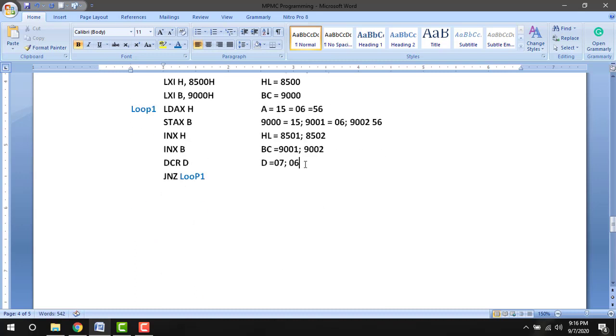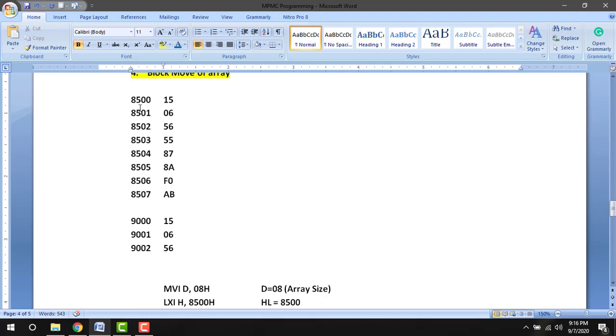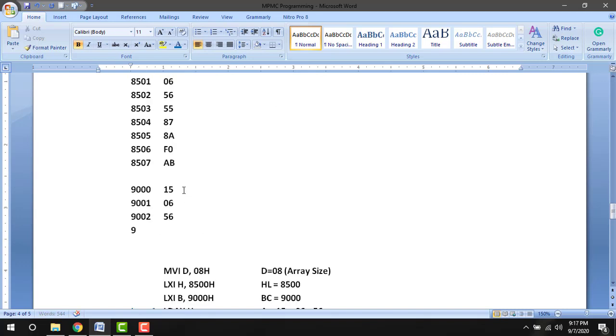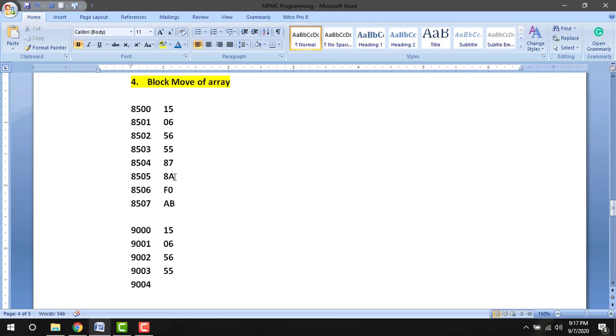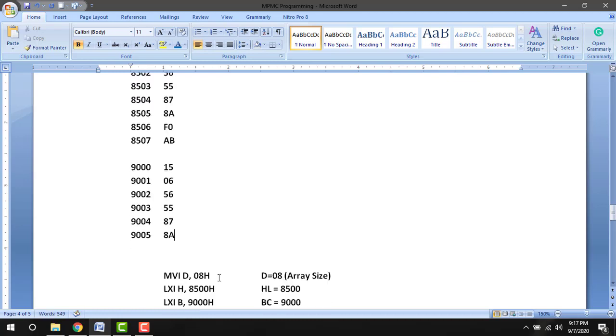So the process continues until the D register is 0. Then the whole data is moved: 9003, it is 55; 9004, 87; 9005, it is 8A; 9006, it is F0; and 9007.